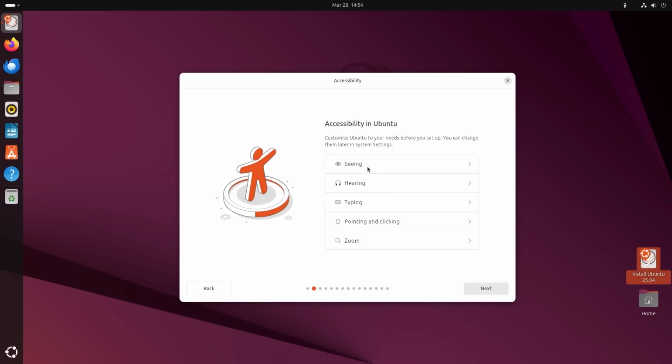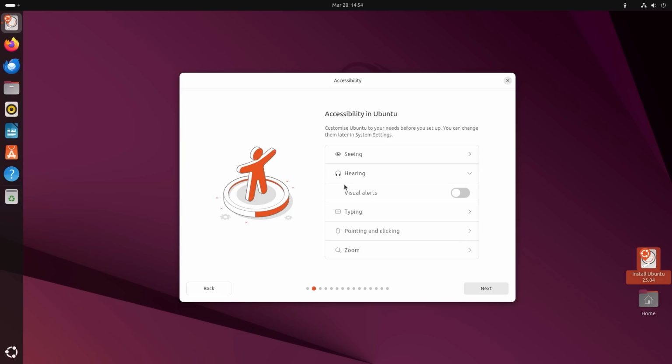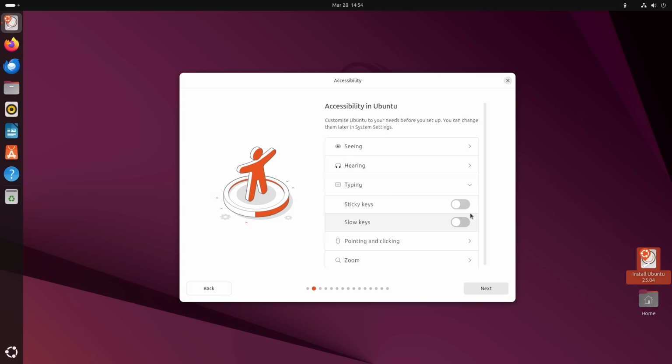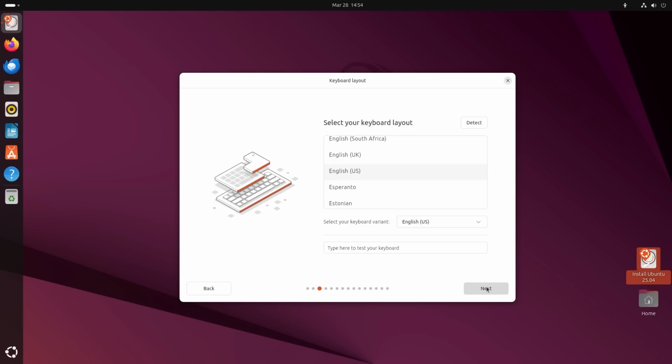Accessibility settings right up front in the installer. I really love seeing this. Seeing high contrast, reduce animation, screen reader, hearing, visual alerts, typing, sticky keys, slow keys, pointing and clicking, mouse keys, and zoom, desktop zoom. Very neat and clean for Ubuntu to have it right out of the gate for a lot of people. Salute to you,